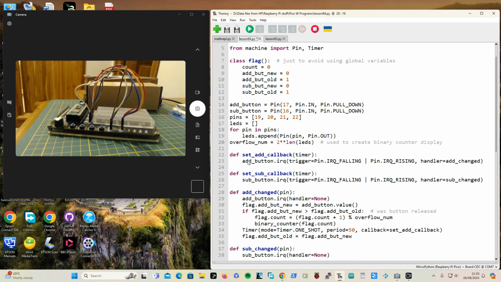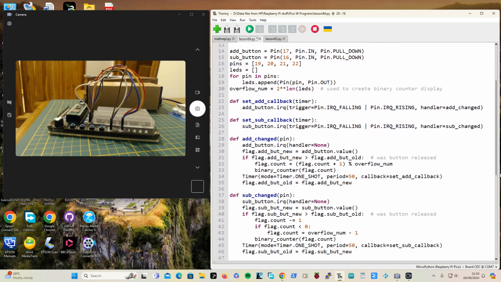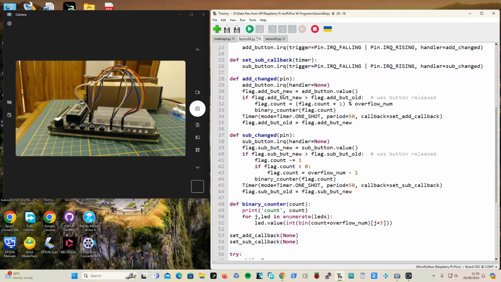So as before, I've got the callback, and I'm setting up the interrupt, and the callback from the other timer setting from the interrupt. I've just duplicated the code because I thought if I tried to use the same interrupt, everything would get very, very messed up. So I've just got, as before,